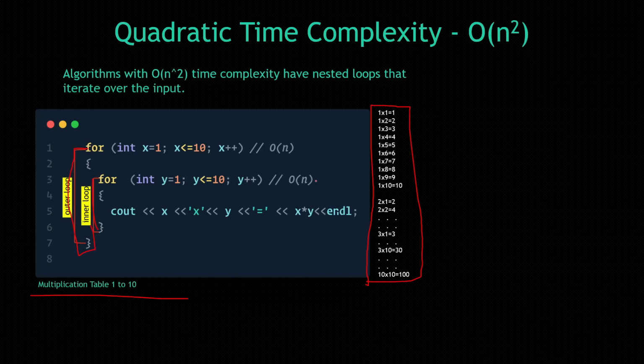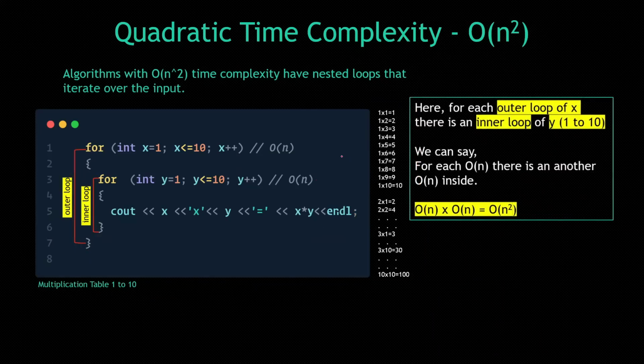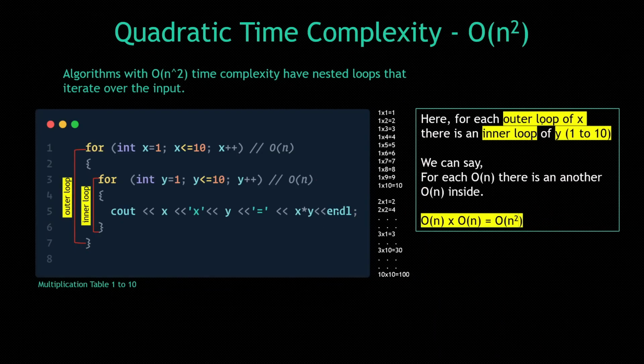We already know for each for loop the time complexity is O(n). Here for each outer loop of x, there is an inner loop of y which will run from y equal 1 to y equal 10. So when x equals 1, the inner loop will run and it will print this value